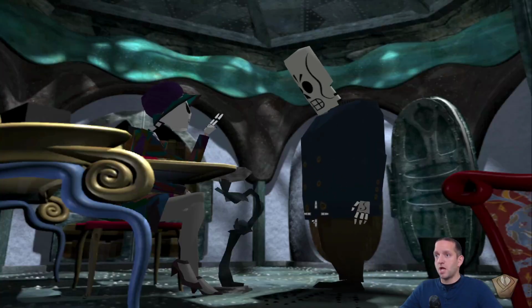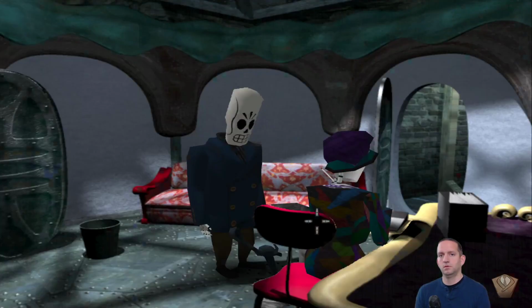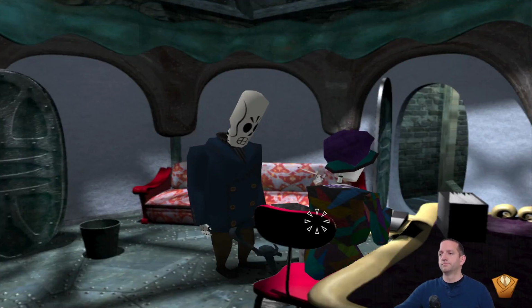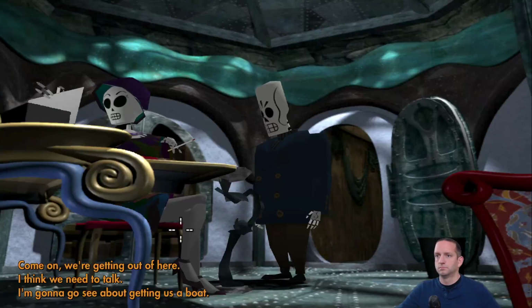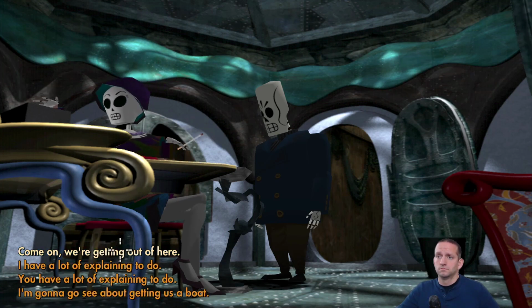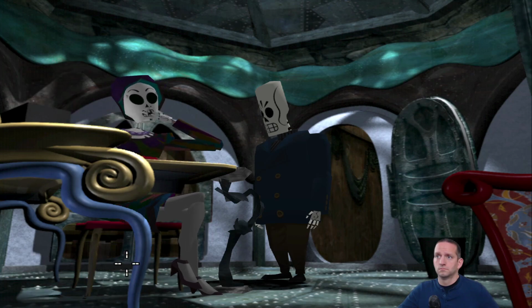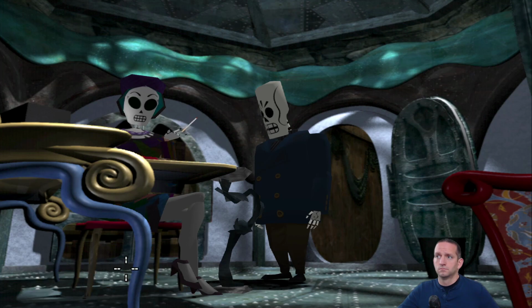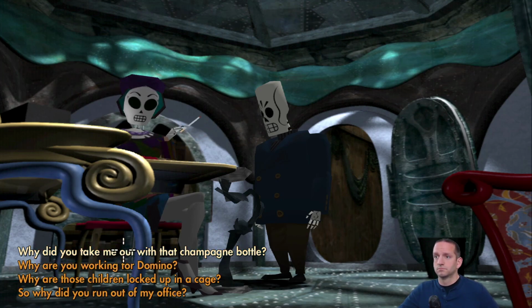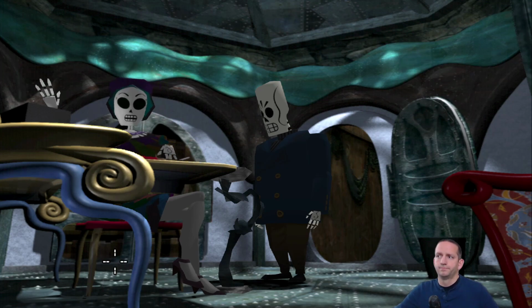Look, Meche, my best friend, it's my Prince Charming. Are you back here just to insult me some more, or do you just want some ice for your head? I think we've had a misunderstanding. I think we need to talk. Start talking. You're the salesman. I have a lot of explaining to do. Save your breath. Domino's explained it all to me already. You have a lot of explaining to do. Me? About what? Why did you take me out with that champagne bottle? I told you to stop you from falling into Domino's trap. If you had made it on that ship, then you would have ended up...